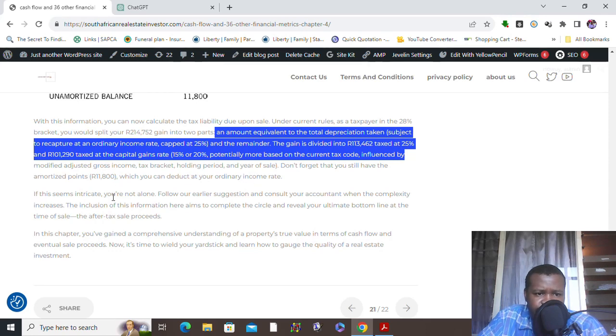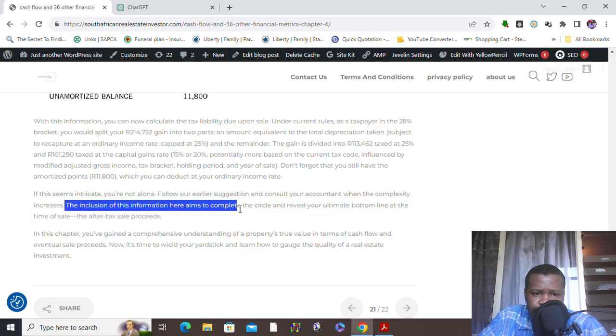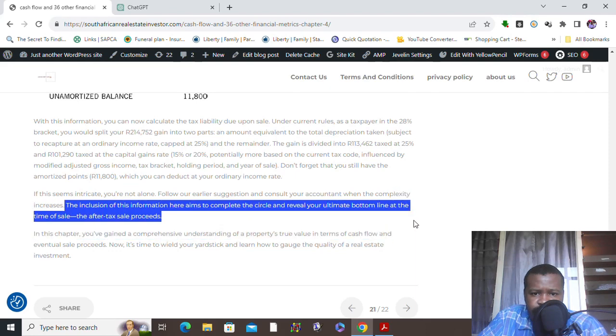If it seems intricate, you are not alone. Follow our earlier suggestion and consult with your accountant when the complexity increases. The inclusion of this information here aims to complete the circle and reveal your ultimate bottom line at the time of sale, the after-tax sale proceeds. In this chapter, you've gained a comprehensive understanding of the property's true value in terms of cash flow and eventual sale proceeds. Now it's time to wield your yardstick and learn how to gauge the quality of the real estate